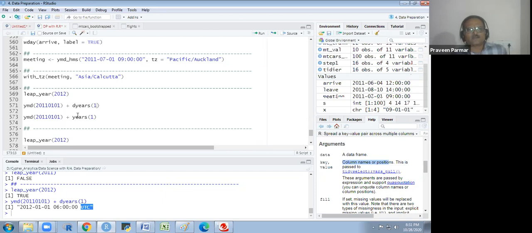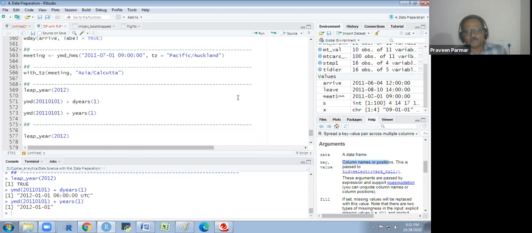If I write only years 1, then see what happens. After 1 year I am getting the date of next January. But here you see, I am getting the date of 1 January 2012, the same.